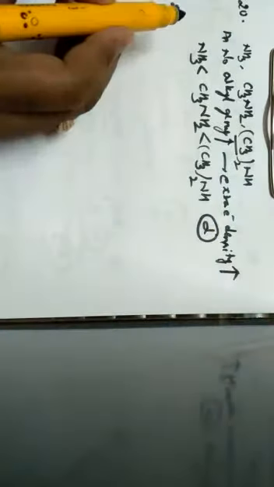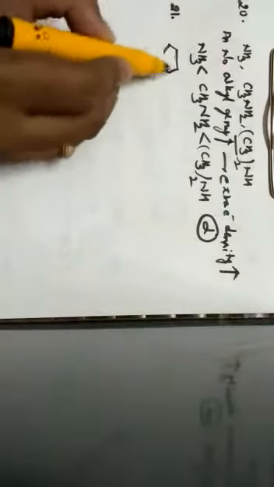Next one, question number 21. The reaction of benzene diazonium chloride with aniline yields yellow dye. The name of the yellow dye is. So, let us write a reaction for this. Reaction of benzene diazonium chloride. So, this is the formula for benzene diazonium chloride, C6H5N2+ Cl-, when it is made to react with aniline. So, this is the formula for aniline, that is C6H5NH2.